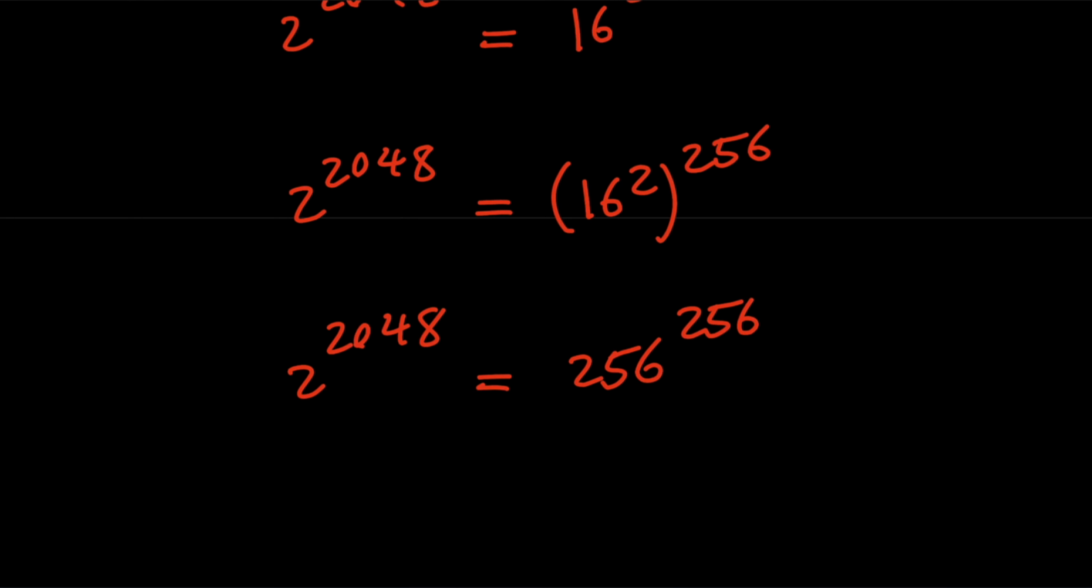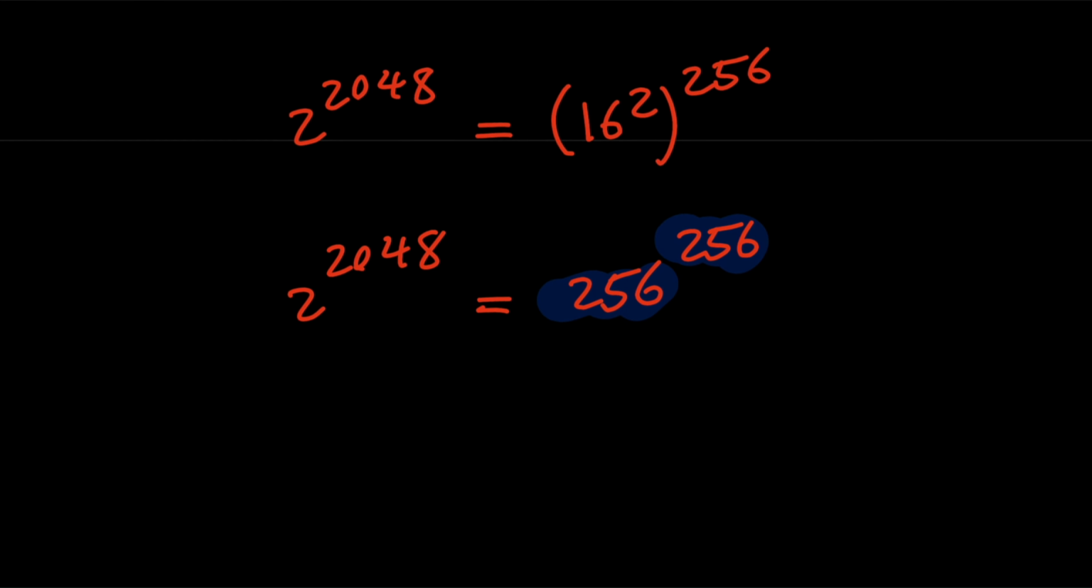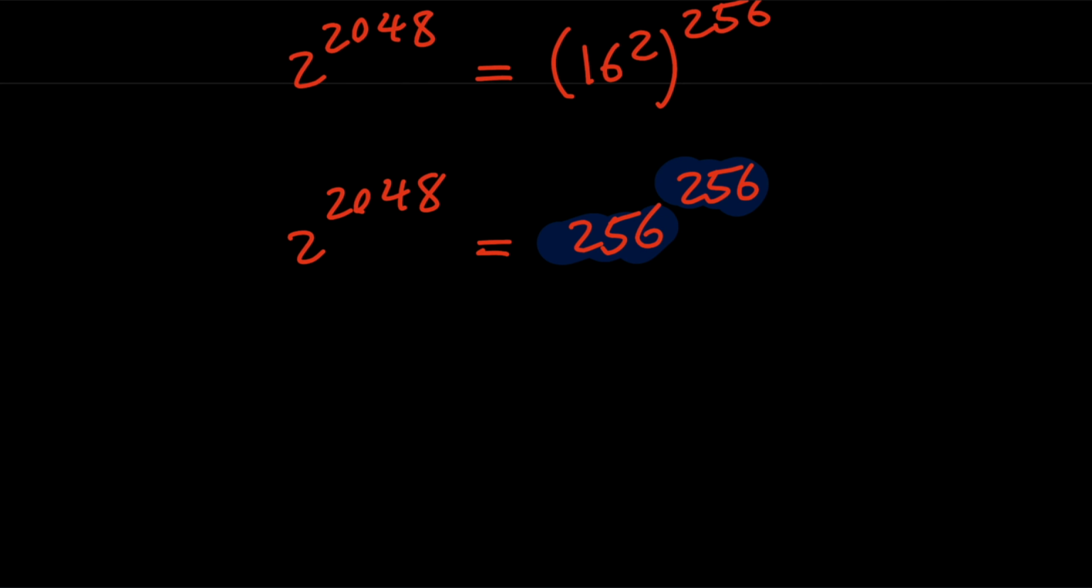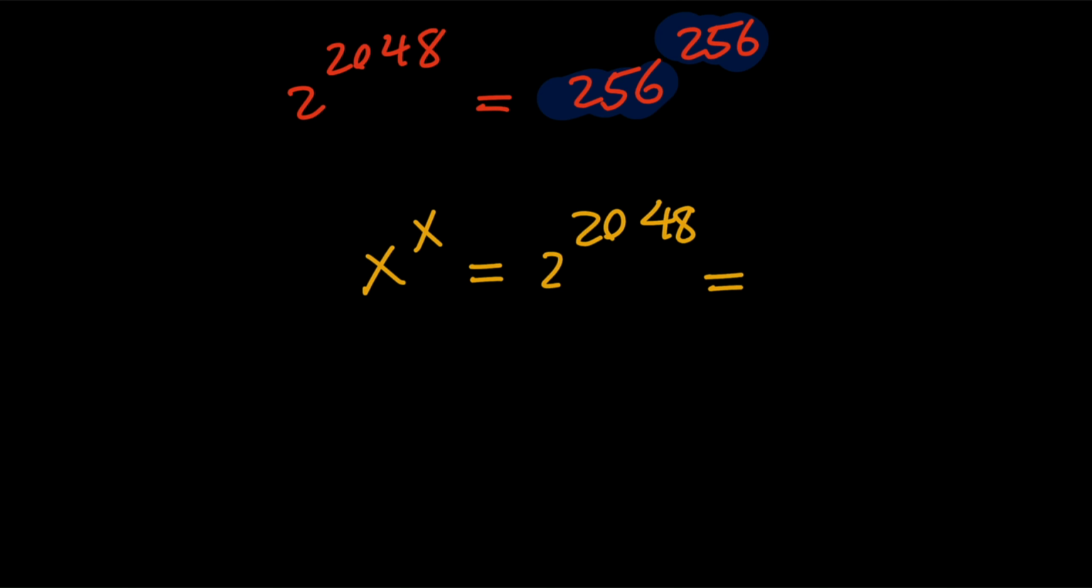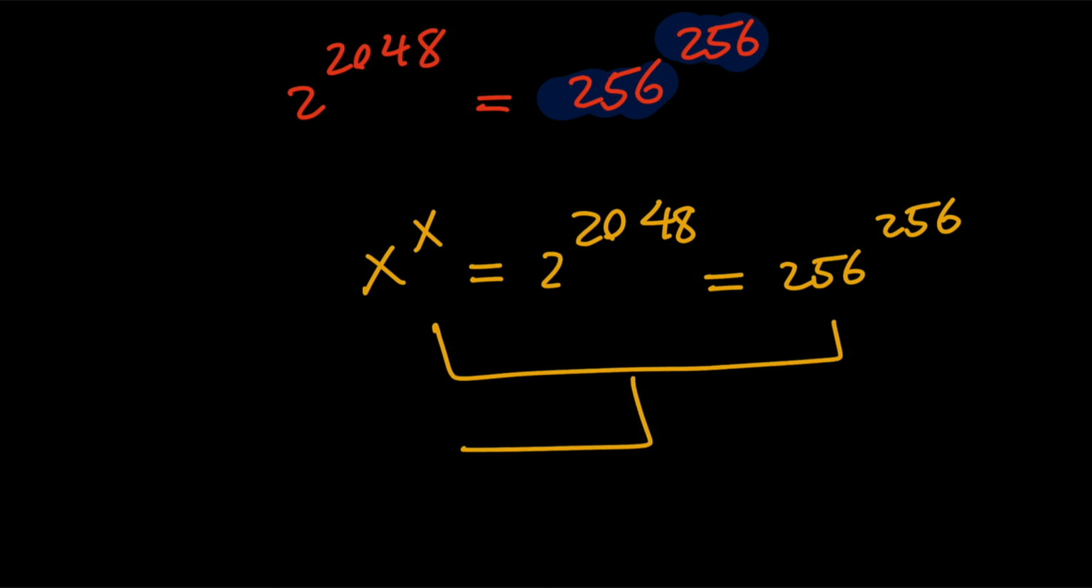And this is great because this is an exponent where the power is equal to the base. So let me rewrite the problem. The problem was x to the power of x equals 2 to the power of 2048. And we showed that this number is equal to 256 to the power of 256. So based on the transitive property, this is equal to this. Therefore, I can go ahead and say that x is equal to